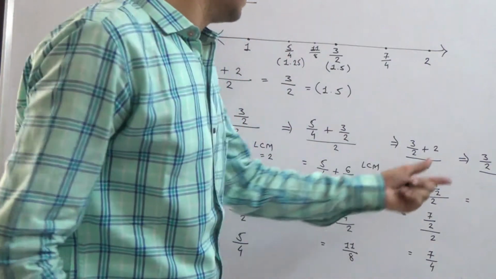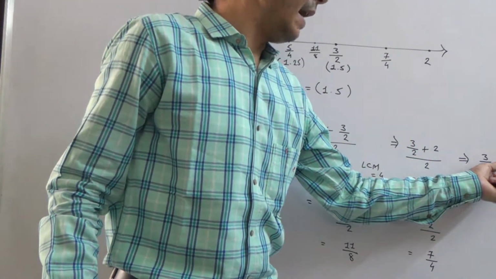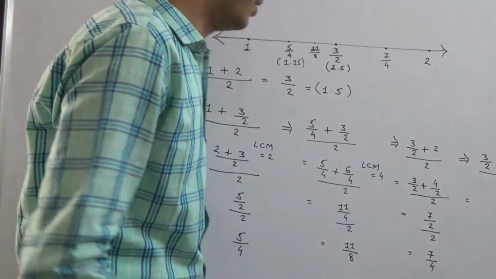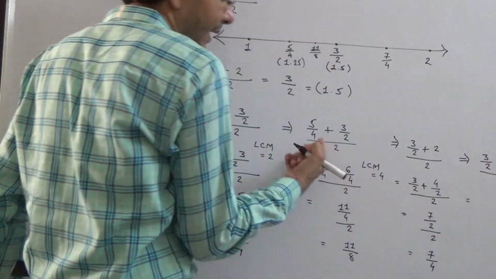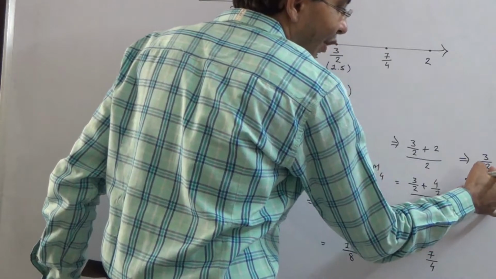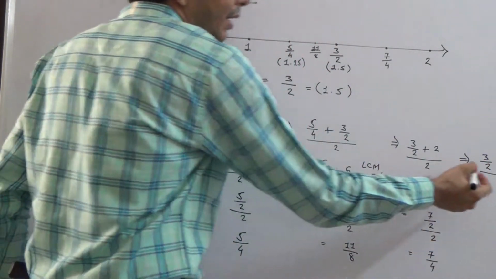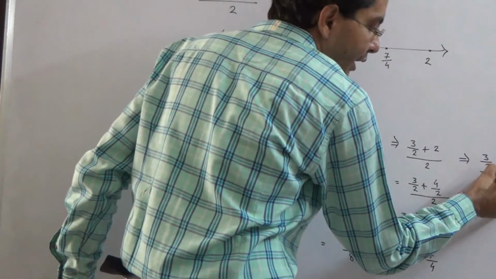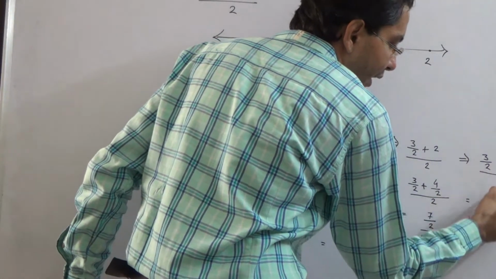see here also both denominators are not the same, and there is a plus sign between both the numbers, so we take the LCM. So what is our LCM? Our LCM is 4, like this one. So if I want 4 here, I multiply by 2, and the same number is multiplied in both numerator and denominator. So 2 2s are 4 and 3 2s are 6.